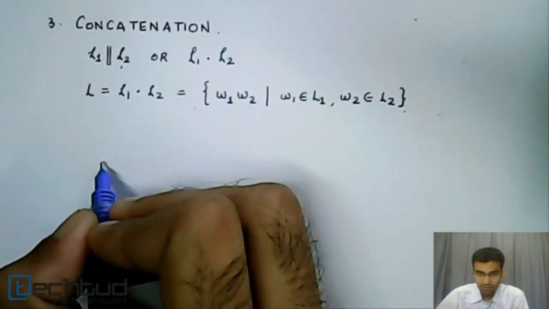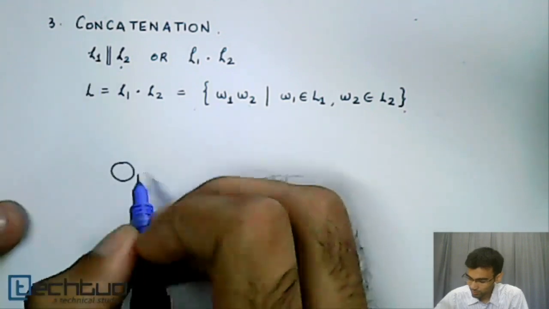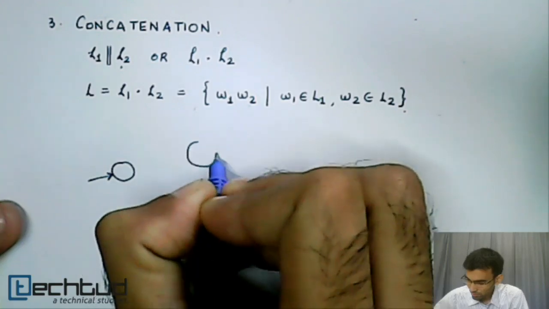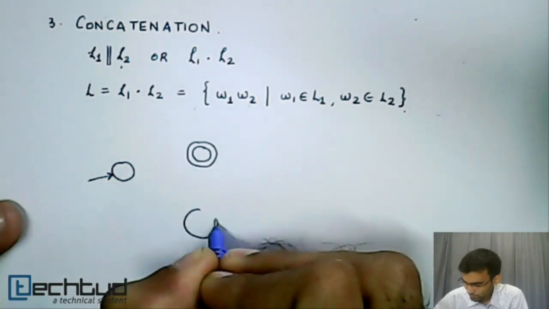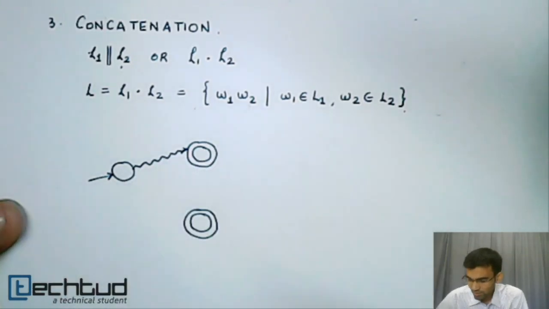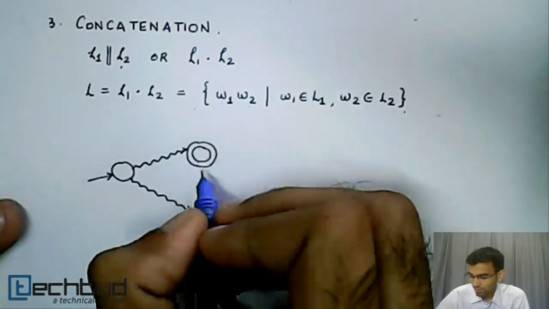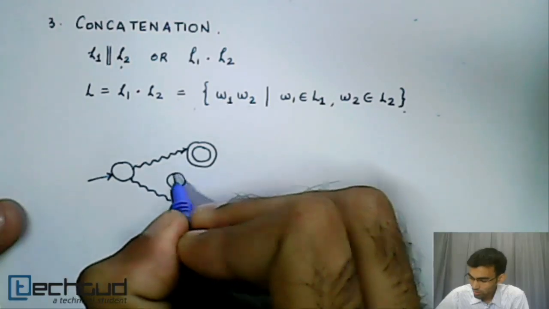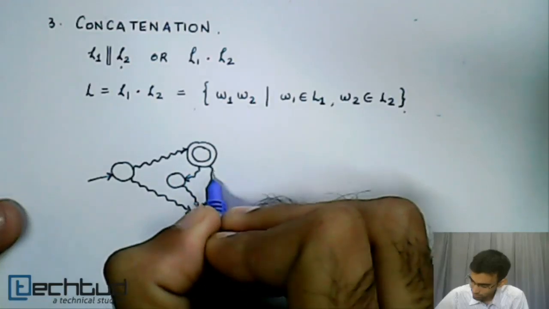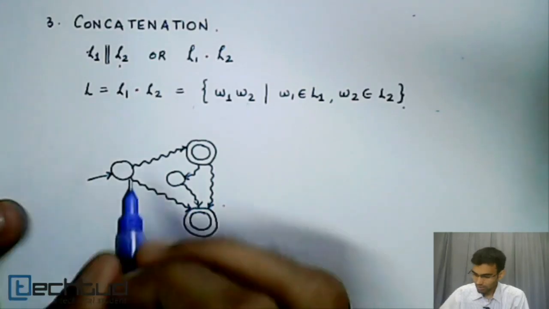So let us say that we have an NFA for the first language. So we have a start state, okay, and we have some set of final states. Okay, so there is some path from the start state to the final state, and there is some path from this start state to this final state. There could be a path from one final state to a non-final state, and from this back to another final state. So there can be any kinds of paths. This is